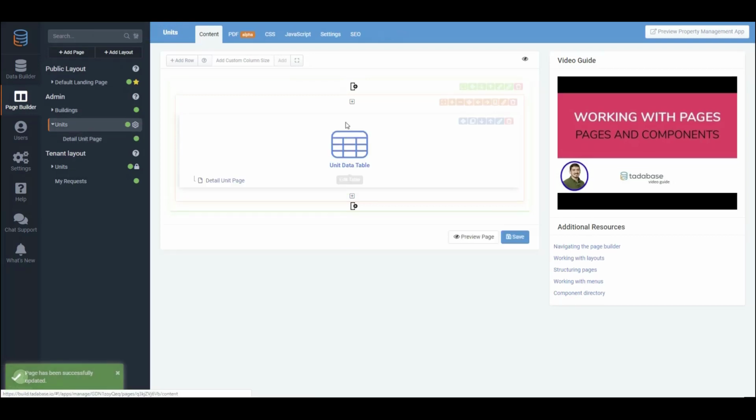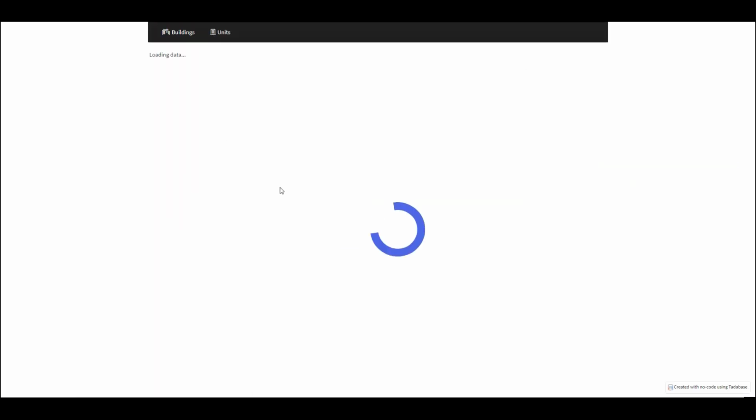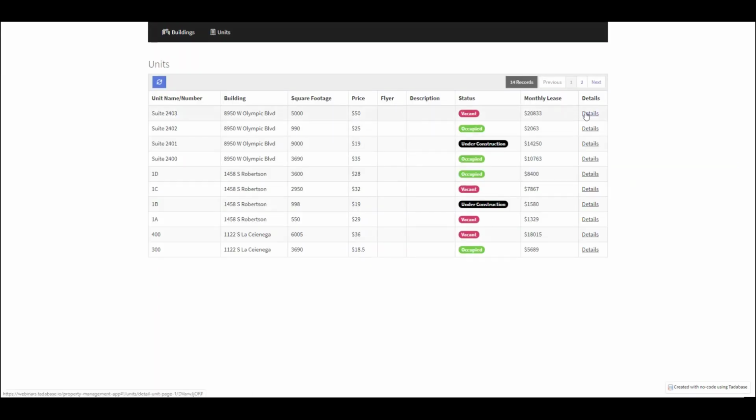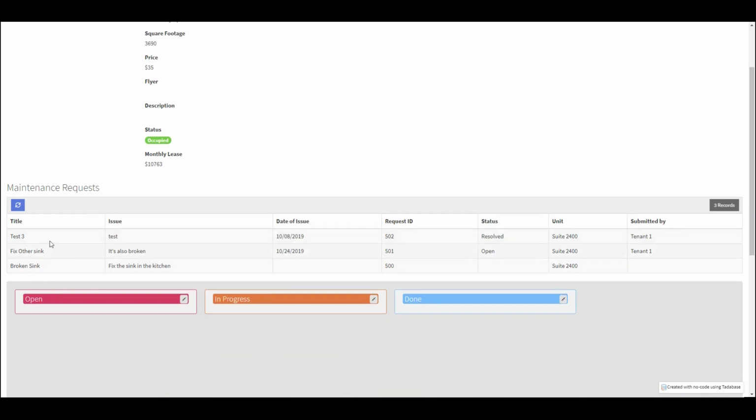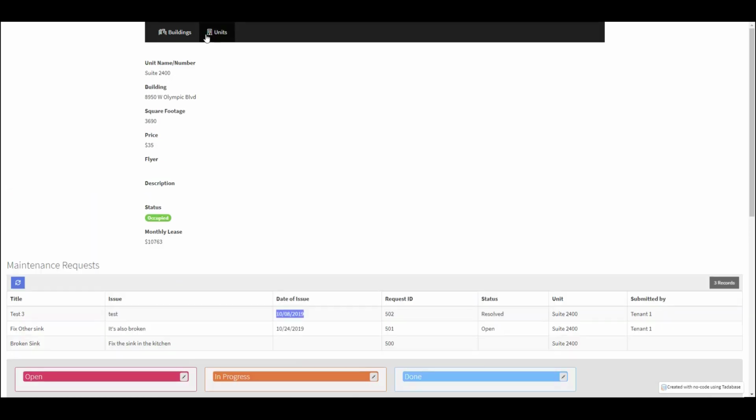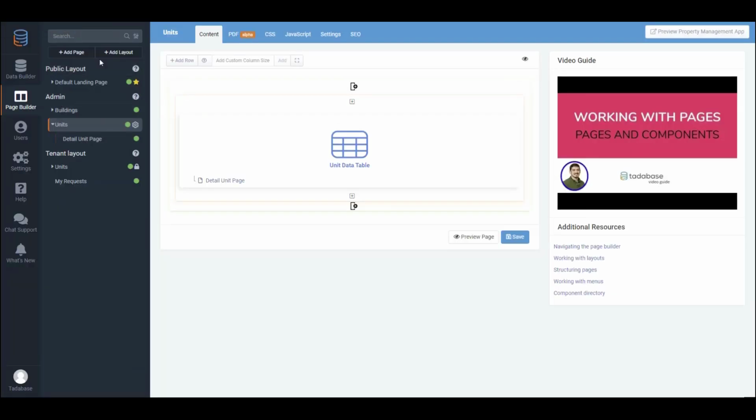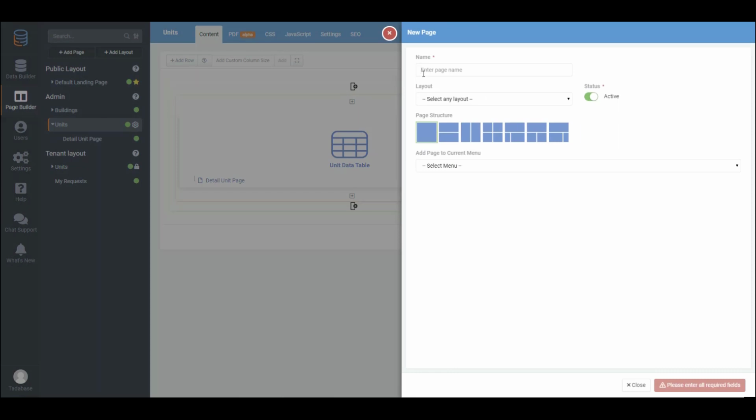So now whenever somebody from the admin is viewing this page, let's say we go to Suite 2400, which is that tenant. We go into the details and we can see all the maintenance requests for that particular unit. We can obviously add the display rules here as well, so they could be informed of which issues are still outstanding, and we can add a new page here so they could see all the maintenance requests, which we should probably do. So let's call a new page